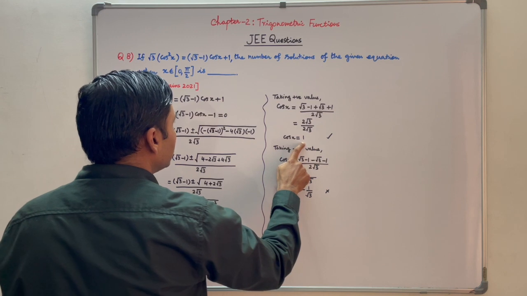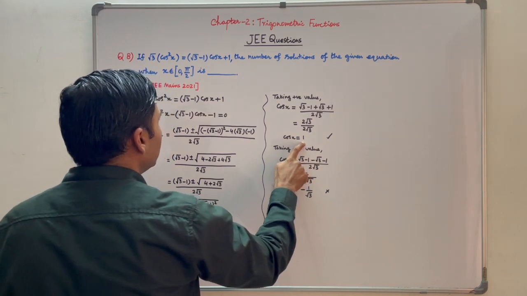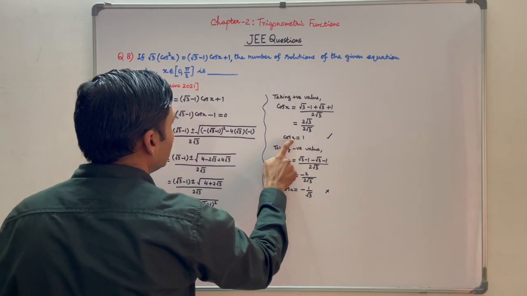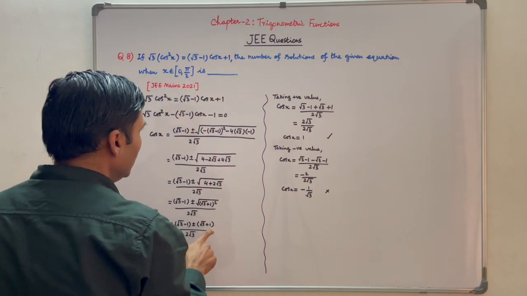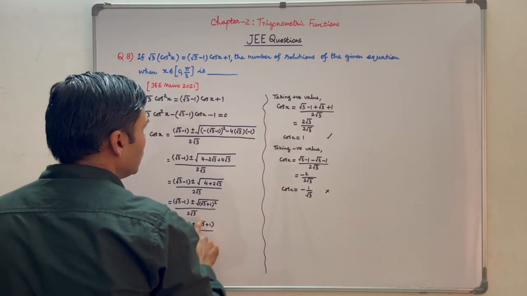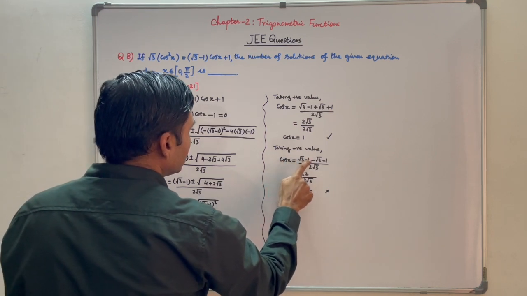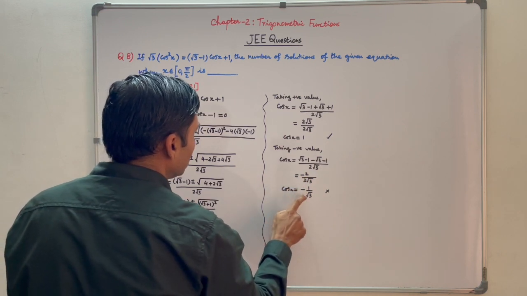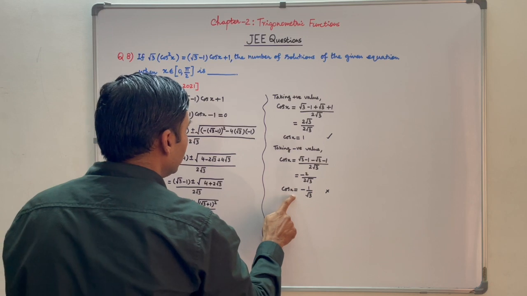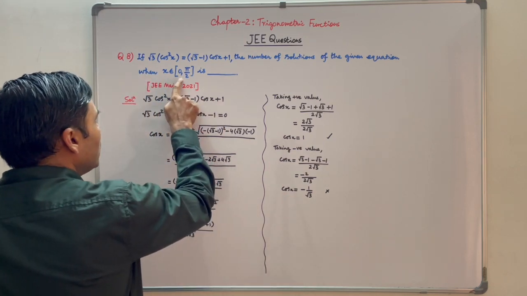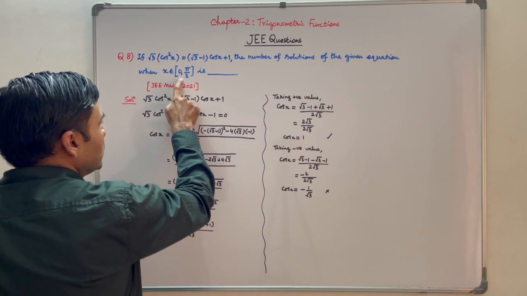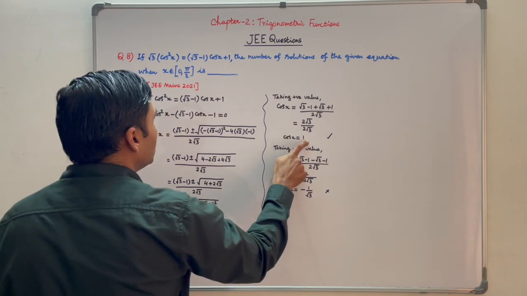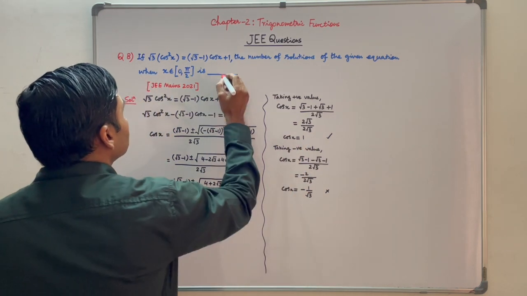And we know that cos 0 is equal to 1 in first quadrant. We have to consider while x is in first quadrant. So this will give one solution because 0 can be included. Second case, while taking negative value. So cos x is equal to root 3 minus 1 minus root 3 minus 1 upon 2 root 3. That gives cos x is equal to minus 1 by root 3. This cannot be taken because in first quadrant all trigonometric ratios are positive including cos. So in first quadrant cos cannot be negative. So there is only one solution. So number of solutions in this case will be 1.